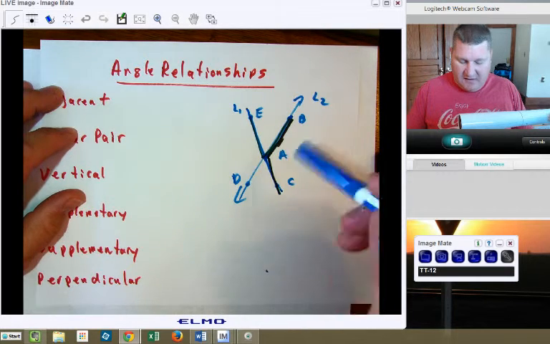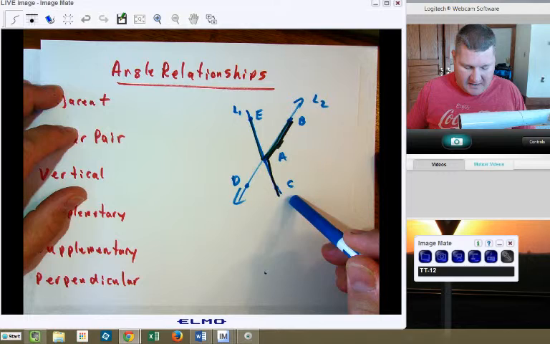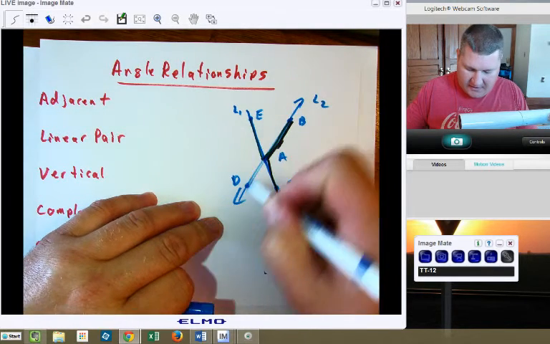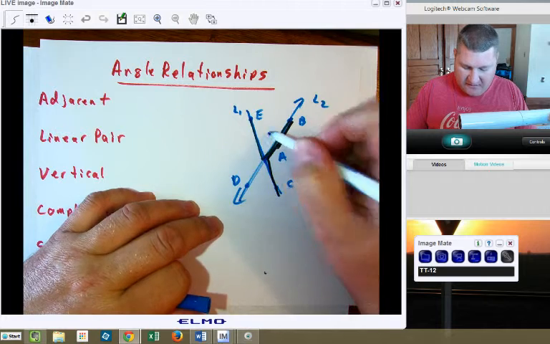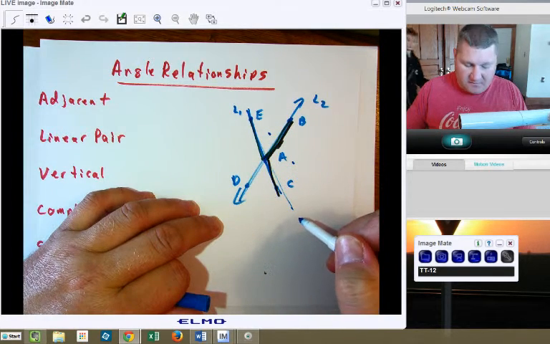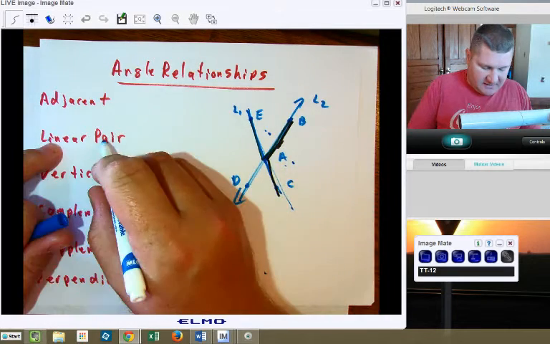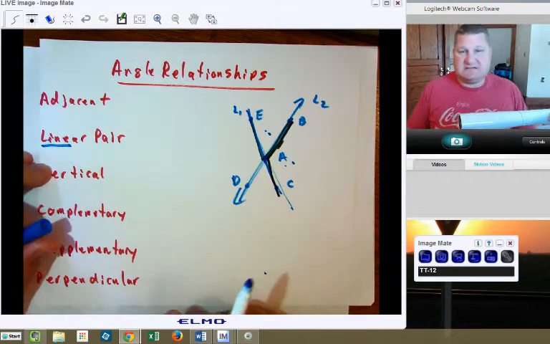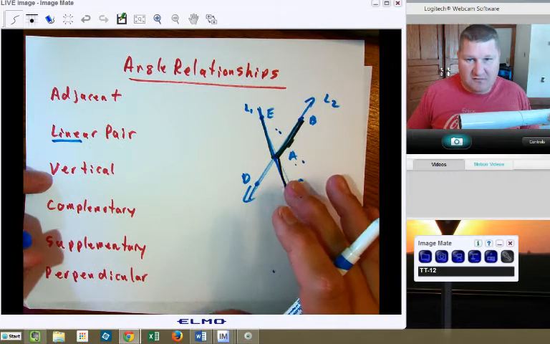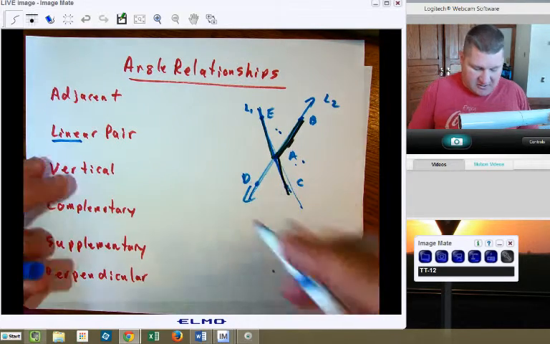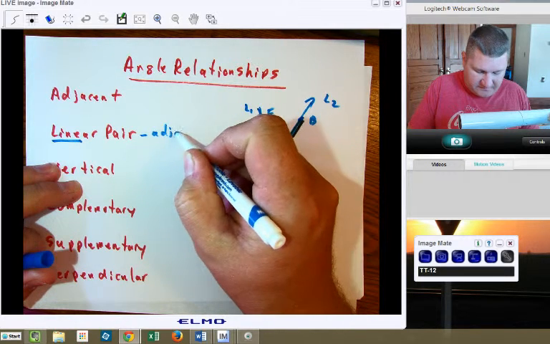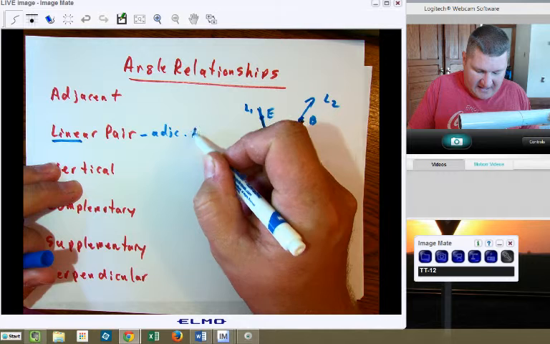And these angles, because this was a straight line, when I crossed the other line, I created this angle and this angle. But since they were a straight line to begin with, these two angles form a linear pair. And of course, you know, because it says the word line in it. A linear pair is a pair of angles that are adjacent and make a straight line. So they have to be adjacent and make